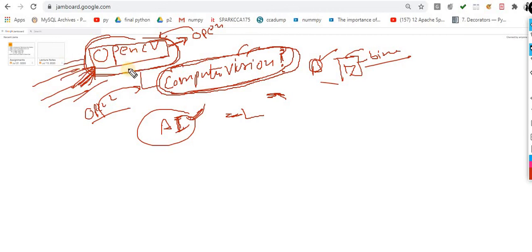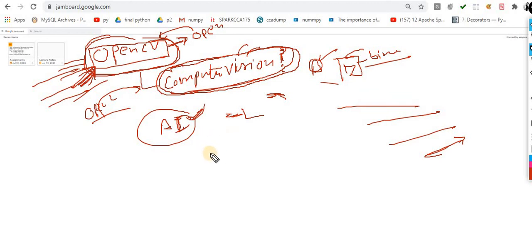With the help of this OpenCV library, you are supposed to play with computer vision, where you can find out information, change the pixels of the image, rotate it, and change it according to your requirement. There are n number of operations associated with OpenCV. Later on we will discuss them in great detail.